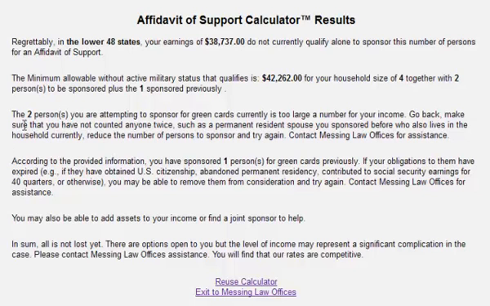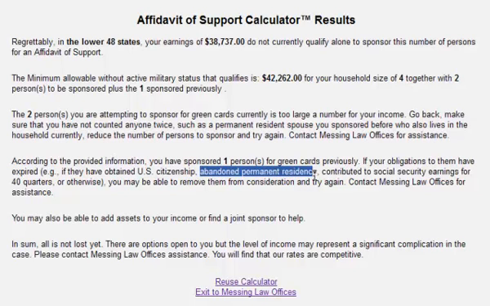Now it does give you a little bit of an idea of why the figures don't work. The 2 persons that are being sponsored is too large for the income, so it suggests first making sure that nobody has been counted twice, which would be an error, and prompts the user to go back and reuse the calculator by clicking this link at the bottom of the page. It also notes that there was 1 sponsored person previously, and suggests double checking to make sure that they haven't already obtained U.S. citizenship,